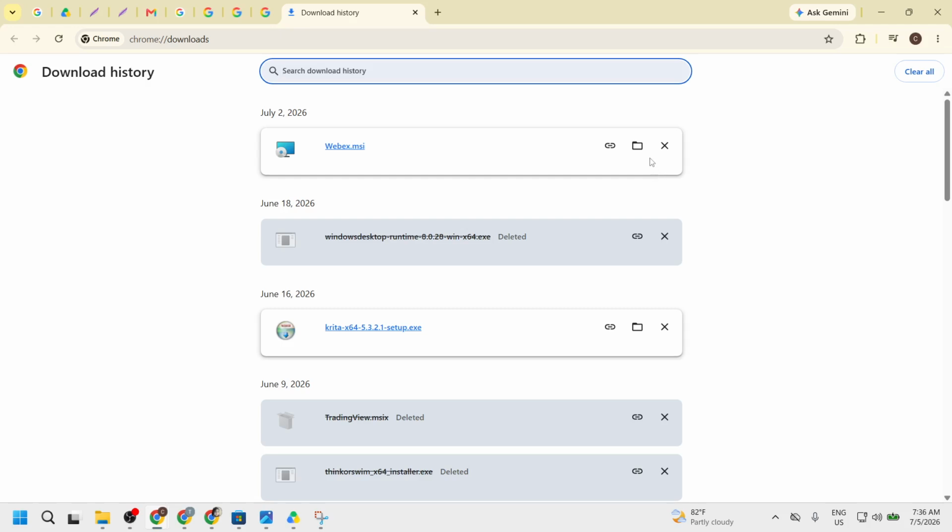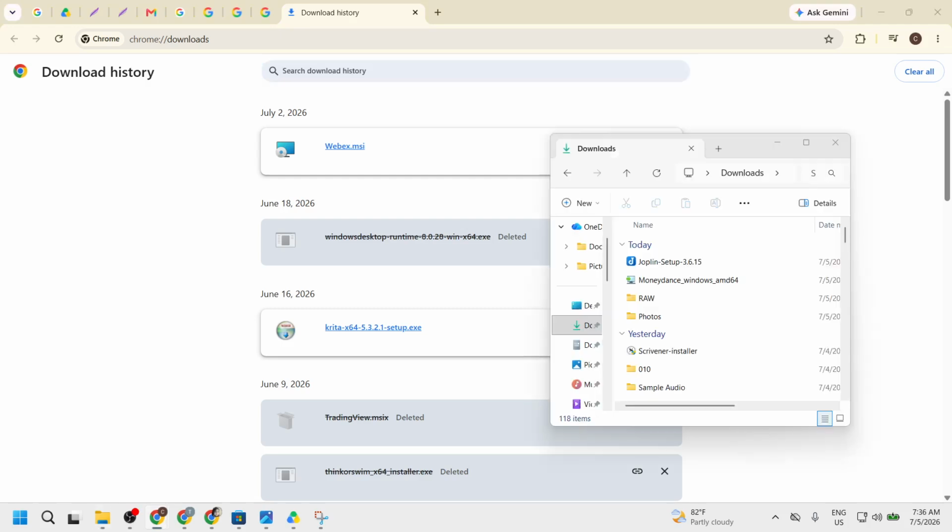Now, you can click on the folder right near the downloaded file's name to check the actual files saved in your Downloads folder. This folder icon is usually adjacent to the file name in the Downloads list. Clicking on this icon will take you directly to the location on your device where the file is stored. This is important because it helps you access the file quickly and efficiently. You will see the file in your device's File Explorer or Finder, allowing you to open, move, or delete it